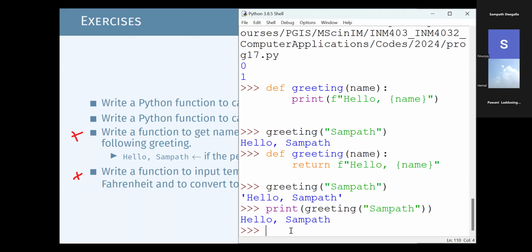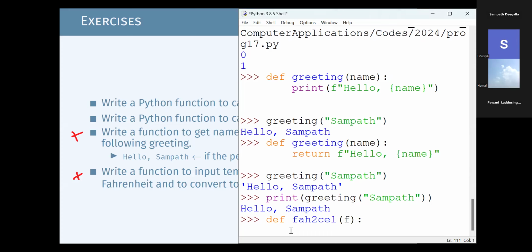For example, let's say I'm going to create a convert function. So I will say def Fahrenheit to Celsius. You can use any name. And then you will get the value in Fahrenheit, let me say F, and we want to return it in Celsius. So the equation for this is the Fahrenheit value, and then we will subtract